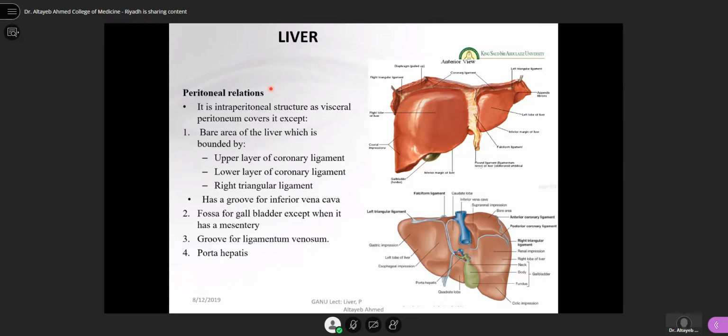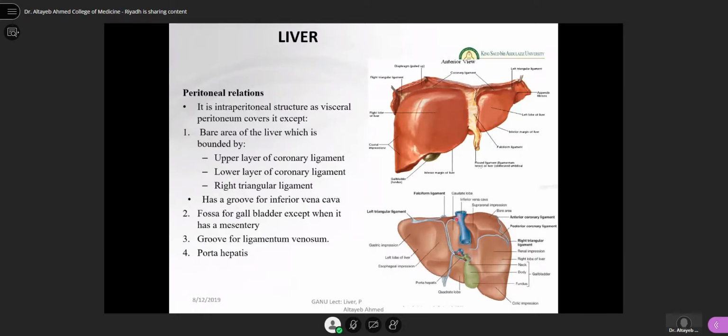Generally, you need to be able to know that the liver is an intraperitoneal structure. So it is surrounded by peritoneum. However, there are certain areas which are devoid of peritoneum. Like here, we have the bare area of the liver, which is bounded by the anterior coronary, right triangular, and posterior coronary. Also, we have the fossa for the inferior vena cava,